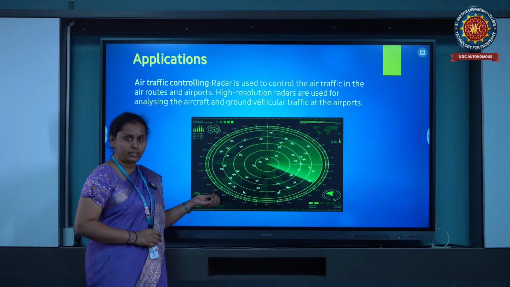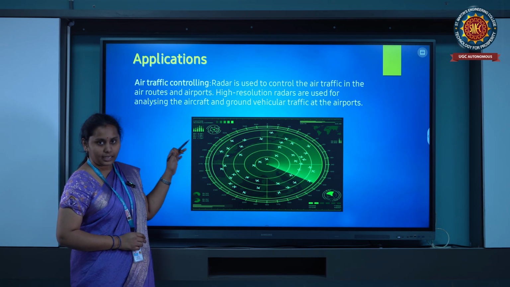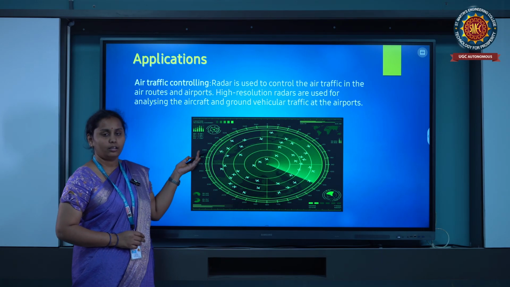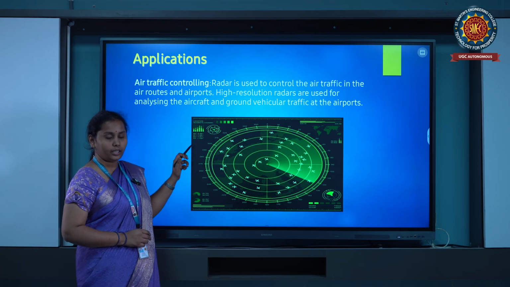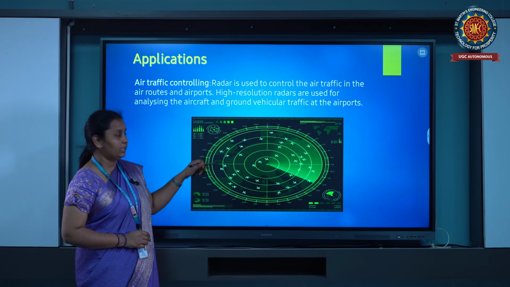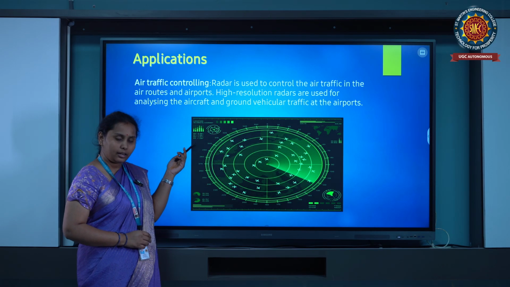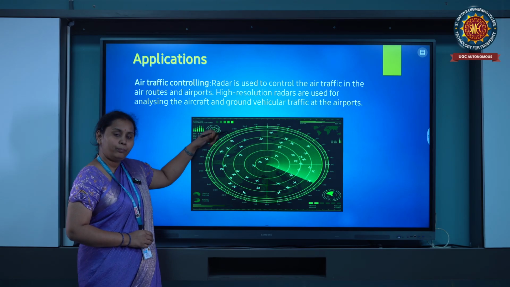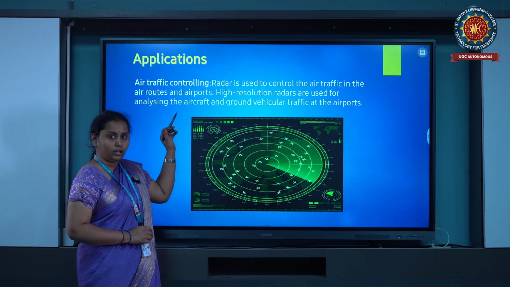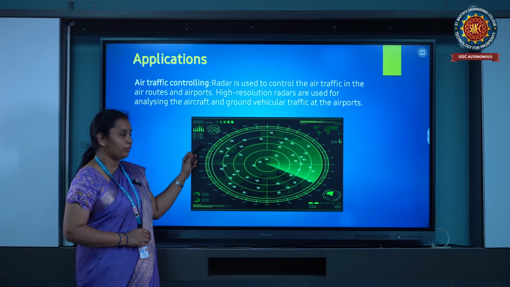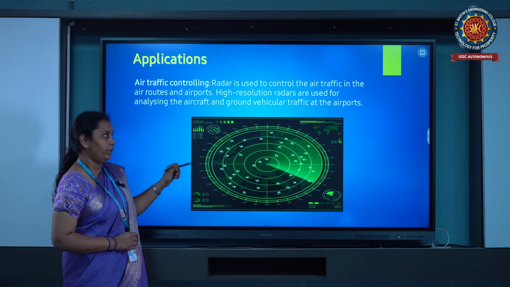And in many countries, the navigation is monitored by using satellites. So many countries will monitor each flight. If it is in our radar range, then we will monitor the plane. If that aeroplane goes into another radar range, that means another country's radar range, that country will navigate that plane. Like that, the whole system will monitor the plane from the starting point to the end point.